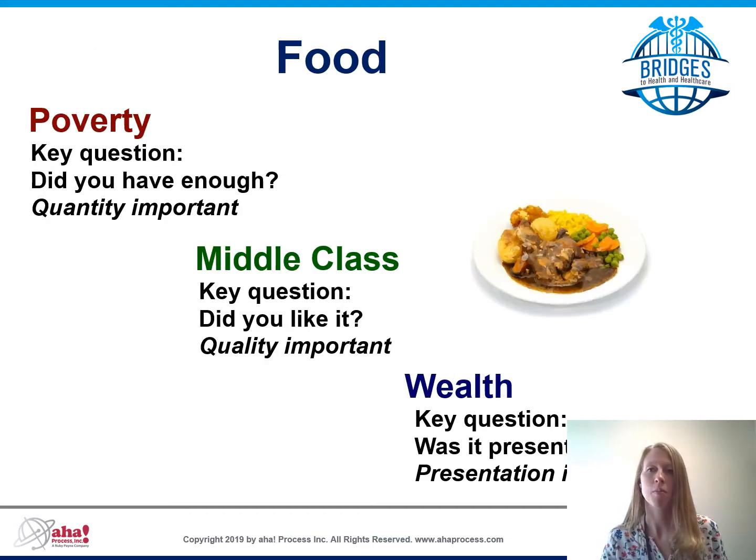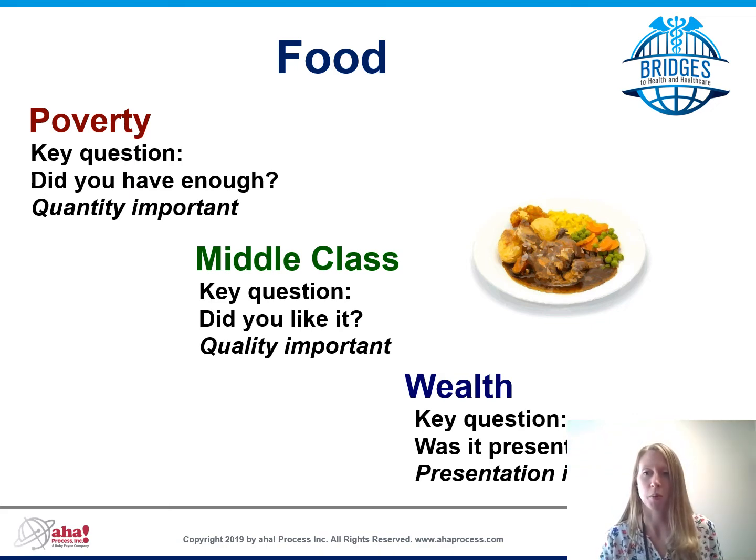For example, how might the 3 economic classes look at food? This is an easy example because it's relatable to everyone. In poverty, quantity tends to be the most important. So that sort of is its own hidden rule. An example of a restaurant that comes to mind when you think about quantity would be an all-you-can-eat buffet, sort of a Ponderosa. Versus in the middle class,